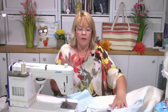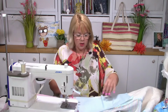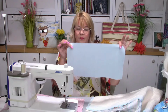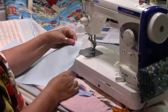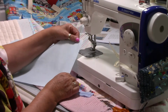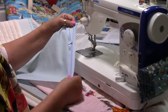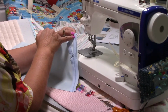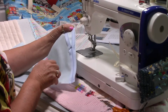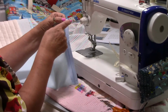So a good half-inch seam allowance will make a huge difference now because we're going to put the zip in with the pocket. So the first thing you need to do is to get your pocket piece. You want right sides facing up, so I'll show you on the side there. It's not easy to see the right and wrong of this fabric on camera, but this is the right side. You're taking the right side of your zip facing you like that. You've marked a half an inch in on this end and on that end. So if I show you, you can see where my marks are,